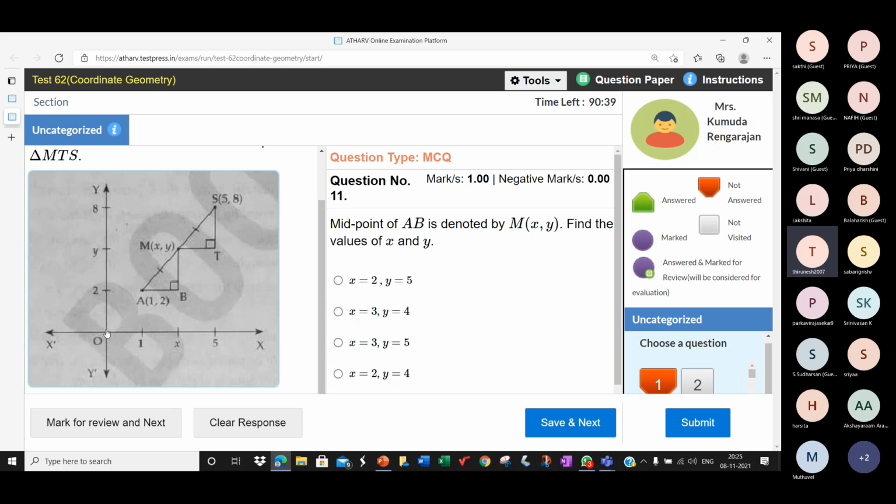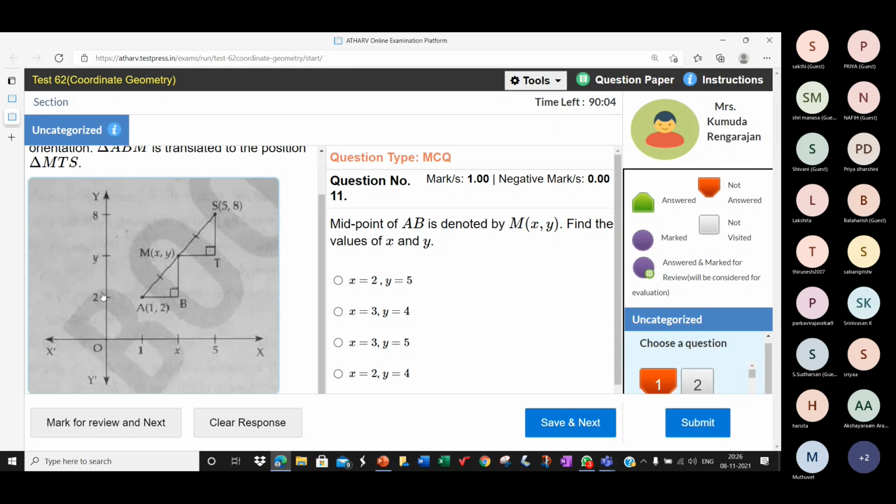Yes, ma'am. Yeah, it looks like the distance between 0 and 1 is the same as the distance from 1 to 3. So ignore that. Based on this figure, if this is 1 and this is 5, this has to be 3. And here 2 and 8. So what is this? This is 5, ma'am. Yeah, 2 plus 8, 10 by 2, 5. Just add the extremes and divide by 2. Add the extremes, 2 plus 8, 10 by 2, 5. And this one also should be 1 plus 5, 6 by 2, 3.